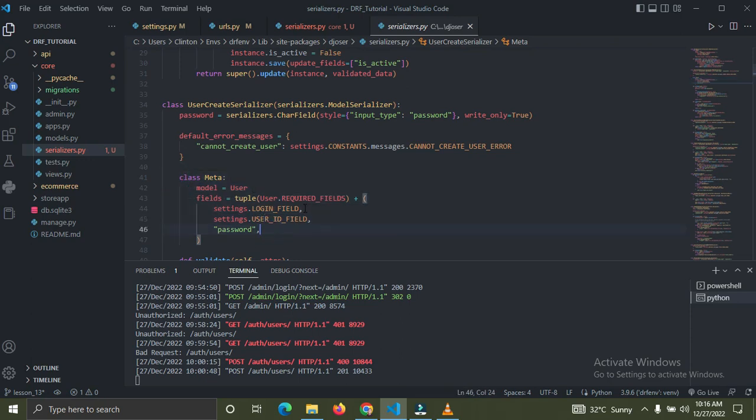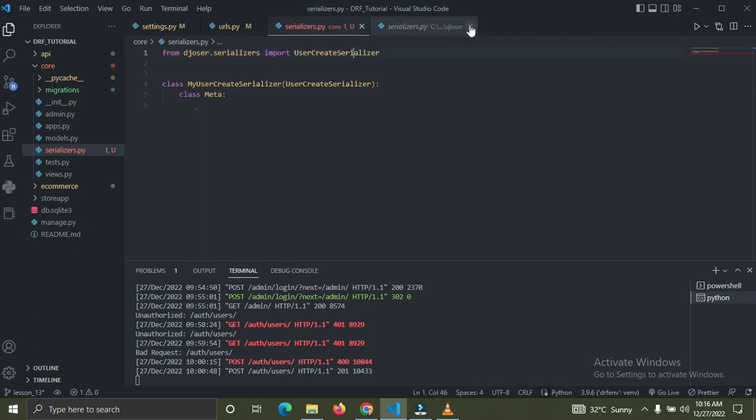So right now what we want to do is update this Meta over here. So let's go down to our serializers. I'm going to close this. First of all, you need to inherit from UserCreateSerializer.Meta. After you've done that, we are going to add the fields. Attribute should be equal to, we're going to list out some fields. I'm going to say id, email,